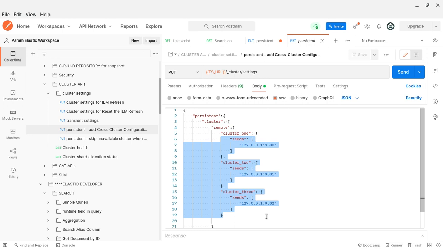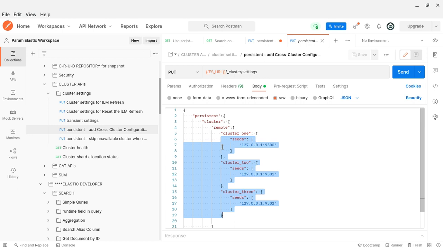So there are two ways to configure remote clusters in our local cluster. Either way, SaaS based means trusted cluster, or if it is on premises, then persistent settings like this, we configure our cross clusters.